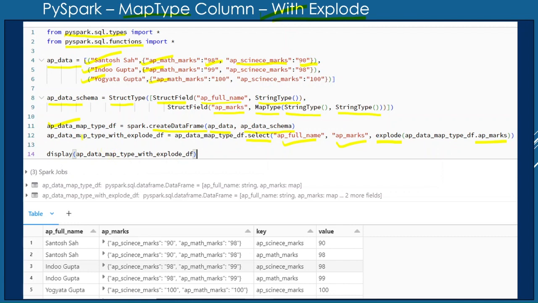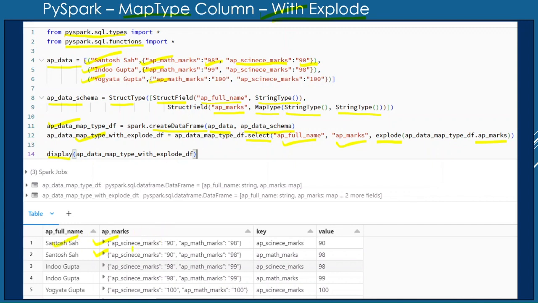two rows will be created for the records present in the map type column. When this data frame gets created, we display its content with the help of the display function. I have also captured the output of it. Here we can see two rows created for Santosh.